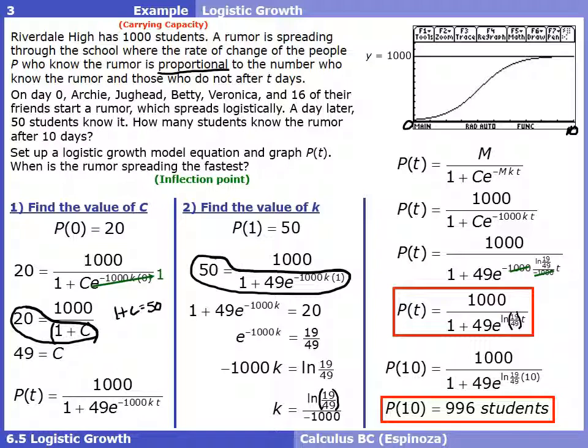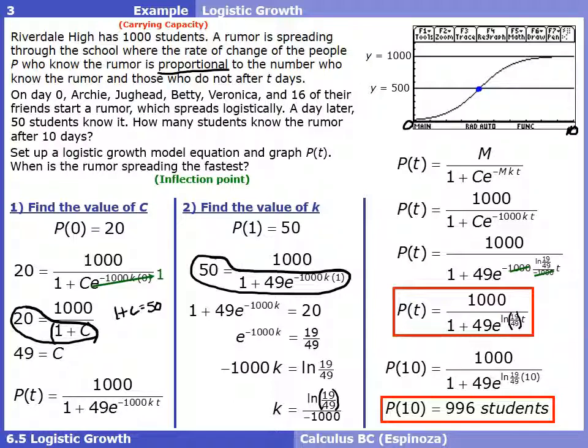And this is where your calculator skills are going to come in handy. We know that this logistic growth model equation is growing the fastest at half of your carrying capacity, which in this case is going to be 500. So I'm going to go back to the y equals screen and graph the line y equals 500. The reason we need to do that is because we're going to use the calculator to find that intersection point right there,